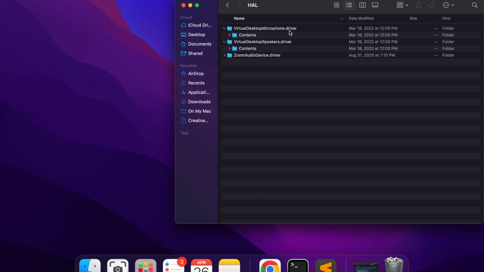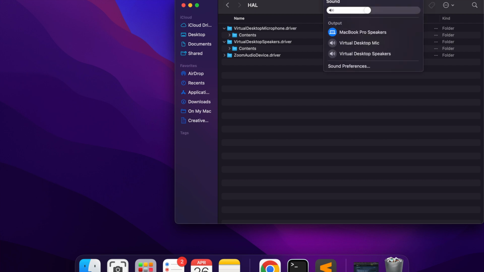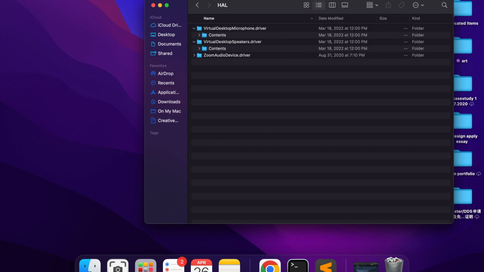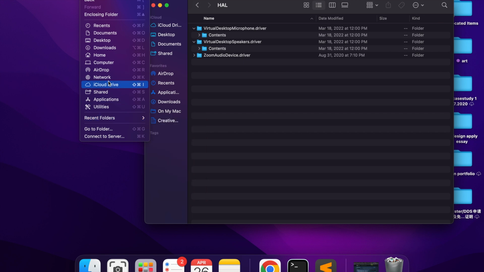Virtual desktop, you will have this virtual desktop speakers still installed even though you uninstall everything from the virtual desktop. So here is a way to get rid of the virtual desktop speaker and microphone. So now I still have it on here. You are going to go to the